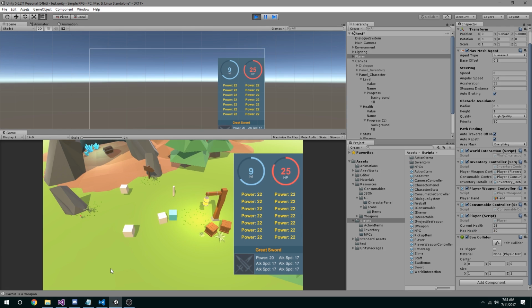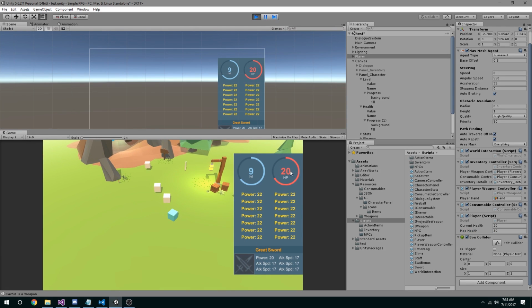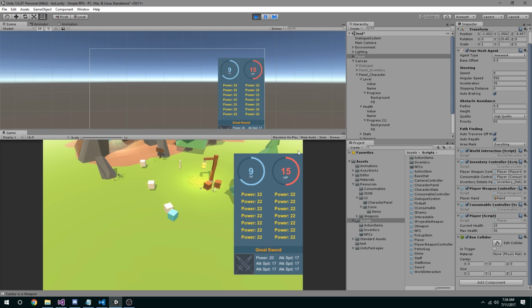There we go. And now I'm taking damage, and it's going down as you'd expect, and the progress bar is reflecting that. Pretty cool, pretty cool. When I die, it'll reset. There you go. Cool. So I don't know why my health reset there. Oh, I changed it from an int to a float, or a float to an int, and that reset it